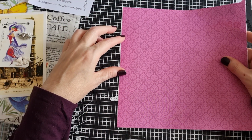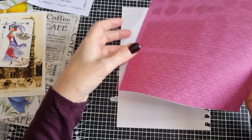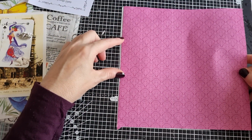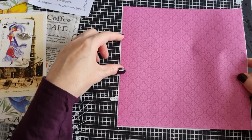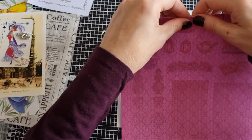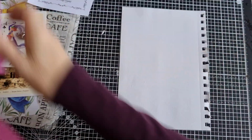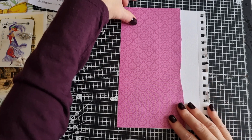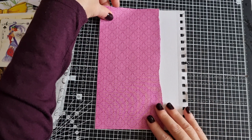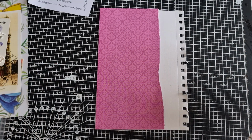So that's going to go like that. And then which way do I want these? I think I want them that way up, actually. Or do I? It doesn't really matter, does it? So why are we faffing about, Belle? So I'm going to put this down the side there. Let me bring you more into the middle of the camera. That's going to go down the side, leave some white there, because I thought it might be quite nice,